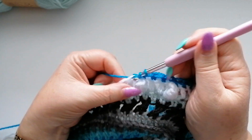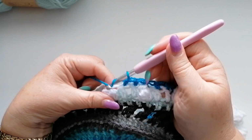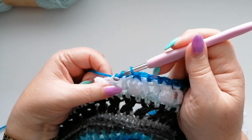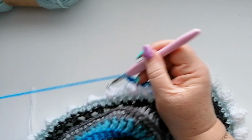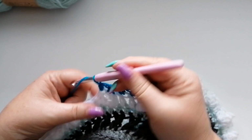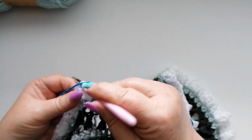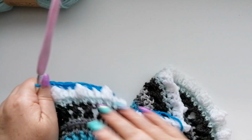I forgot to mention that after the last row you would have 40 popcorns with the 2 doubles in between each popcorn, just if you want to do a quick stitch count. So again, if you want to pause the video at this point and work your half doubles, 1 half double in each of the doubles and a front post half double around the popcorn, and I'll meet you when we